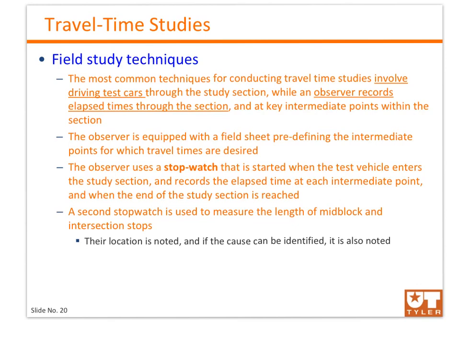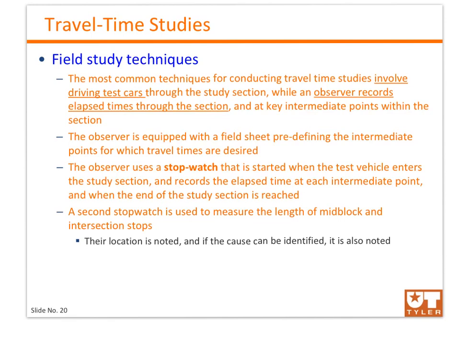The observer also uses a stopwatch, which is started when the test vehicle enters the study section. The observer then records the elapsed time at each intermediate point as well as at the end of the study section. So that's basically how we do the travel